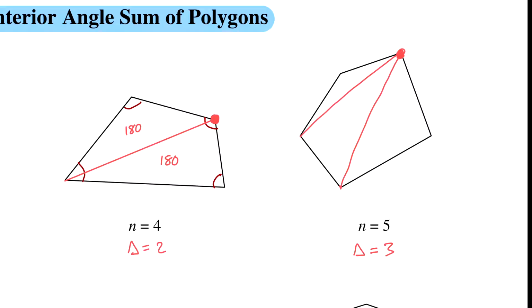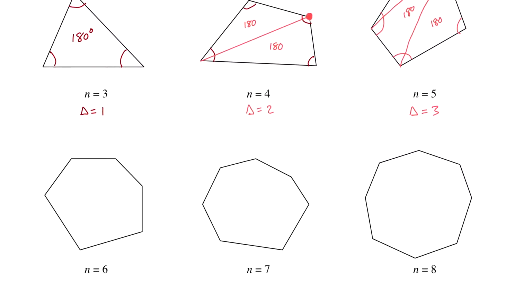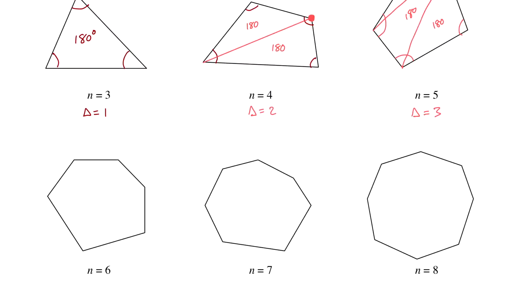Each one of these is going to be 180. Every angle is accounted for. I don't have extra angles. So when I look at this angle here, it's counted in all three pieces. Same thing with the other two pieces here and there. So if I continue this process for the rest of these,